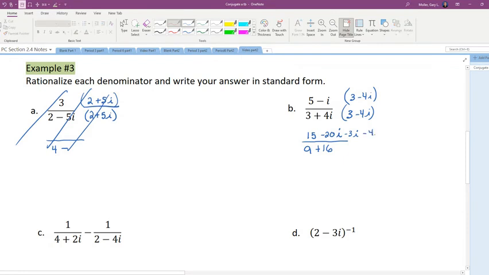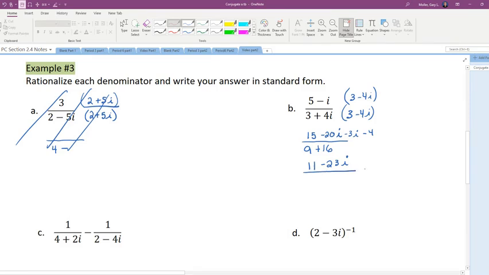Now, it's not going to be a big surprise when you hear me say that the biggest mistake you're going to make is just with your negatives. So pay very close attention. A negative times a negative turns to positive, but then I'm also doing i times i, which is i squared, which turns it back to negative. Or show additional steps. 15 minus 4 is 11. So I get 11 minus 23i